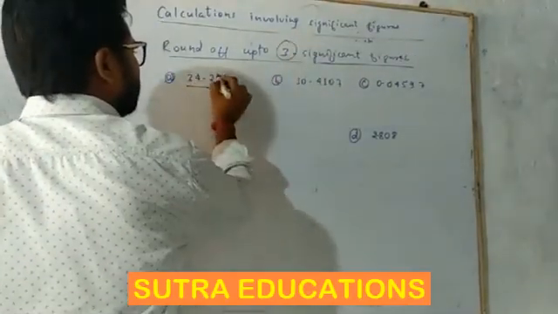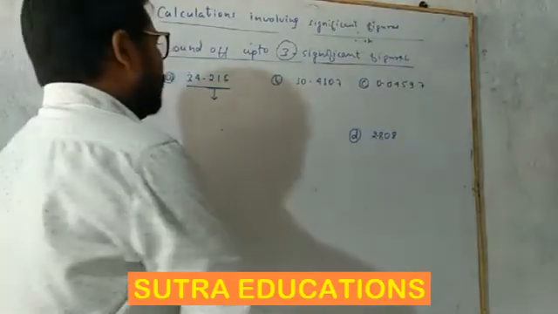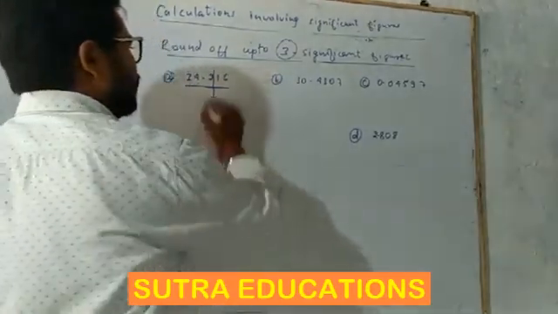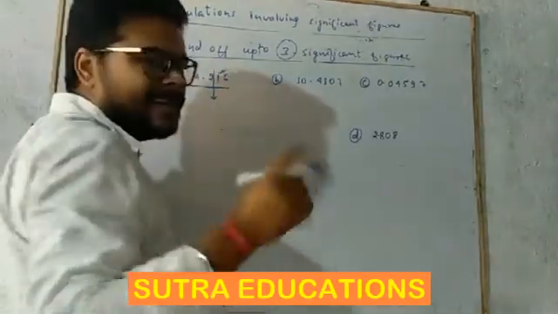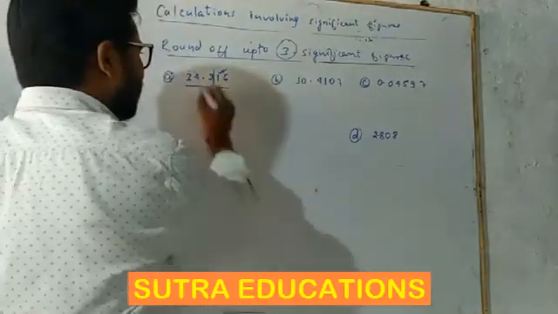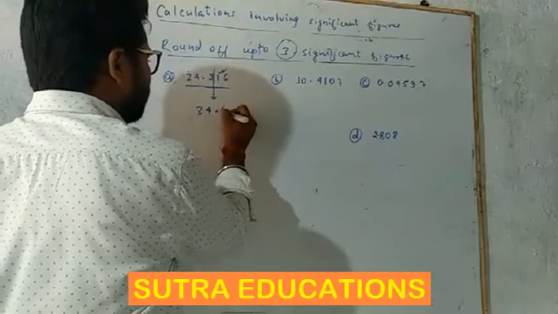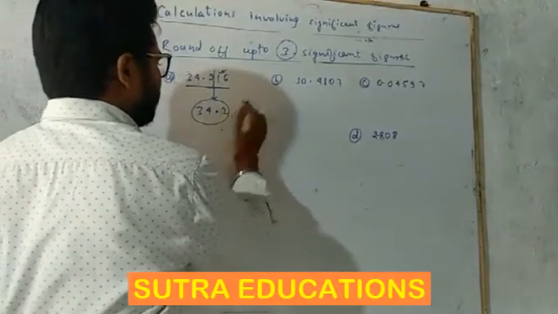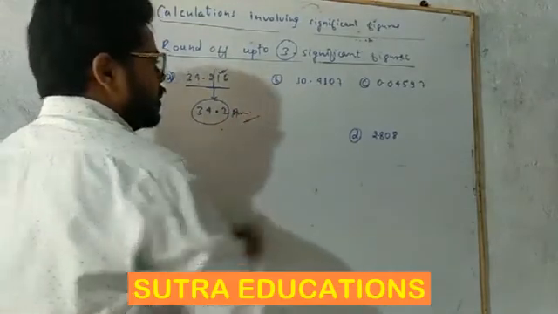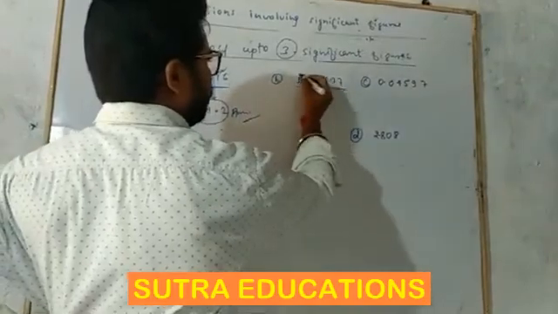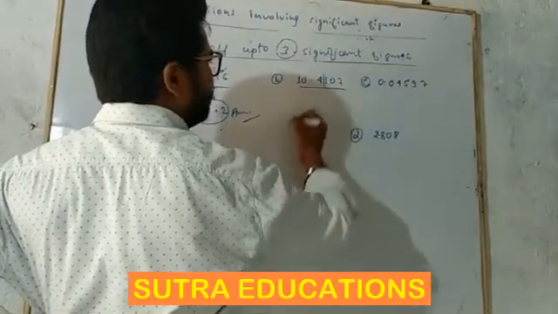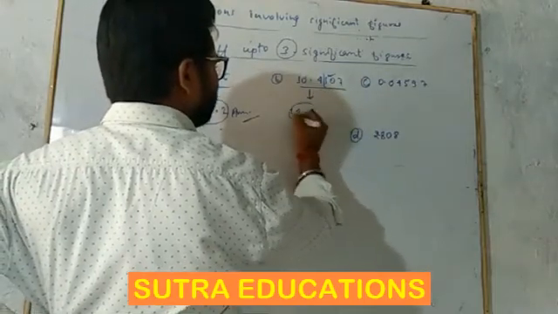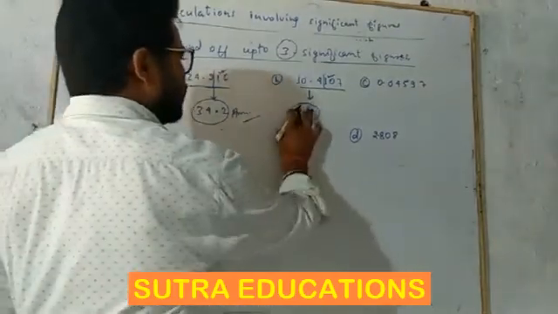Here 1 2 3 4 5 significant figures are there. Up to 3 means 1 2 3. Our desired digit is 2, and after our desired digit we can see it is 1, less than 5, so no change will take place, so it will be 34.2. That is our answer. In the second case, you can see 1 2 3, and after this desired digit 1 is present, so no change will take place. It will be 10.4. Three significant figures are present here.